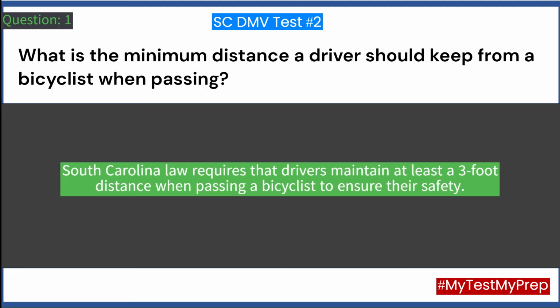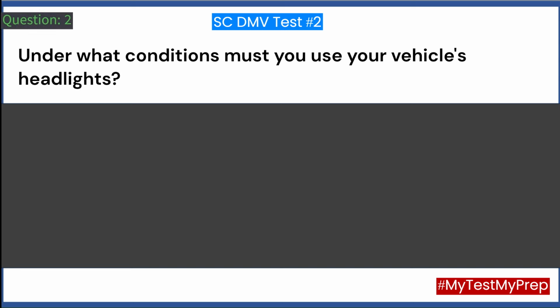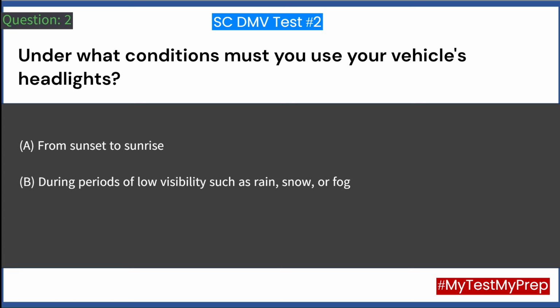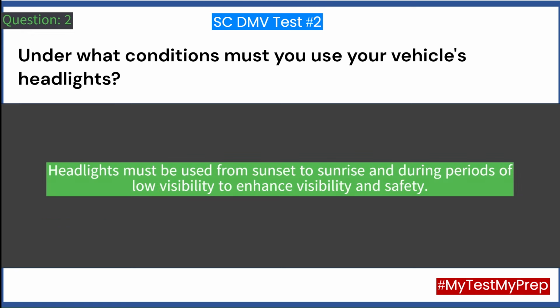their safety. Under what conditions must you use your vehicle's headlights? A. From sunset to sunrise. B. During periods of low visibility such as rain, snow, or fog. C. Both A and B. Answer, C. Headlights must be used from sunset to sunrise and during periods of low visibility to enhance visibility and